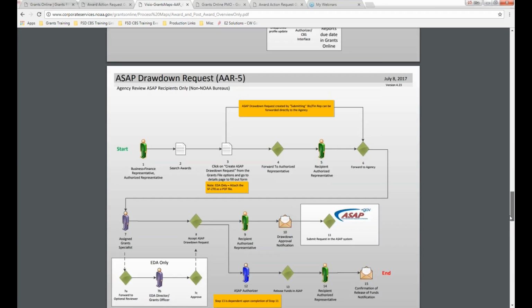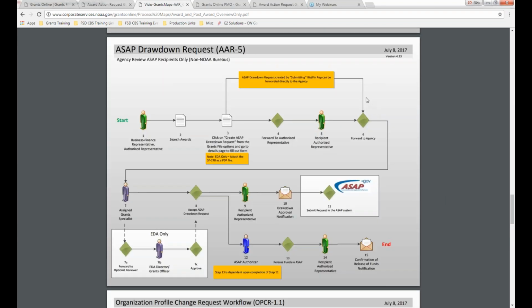Here it is, right here. All right. This is a specific workflow for the ASAP drawdown request. That's a very good question, and one that is important for you guys to understand the flow, because there's lots of steps to that. So when you want your funds, when you want some more funds from your grant award,